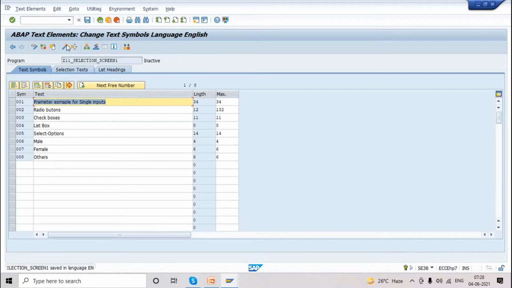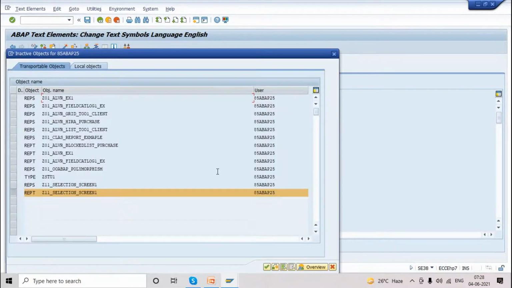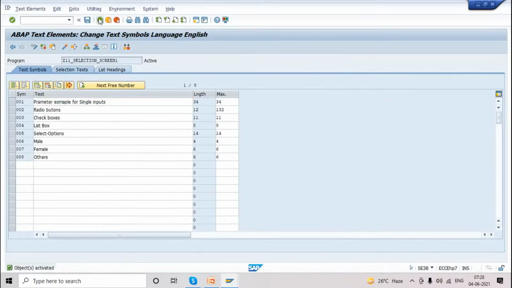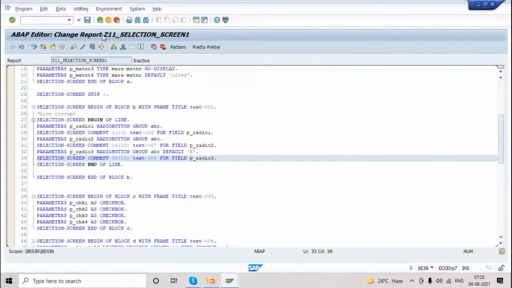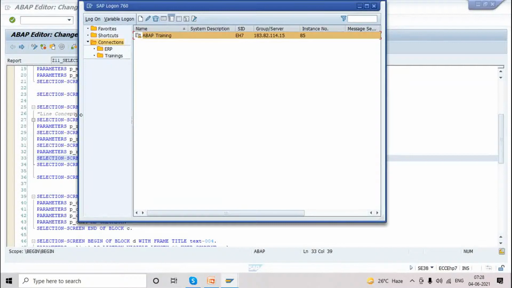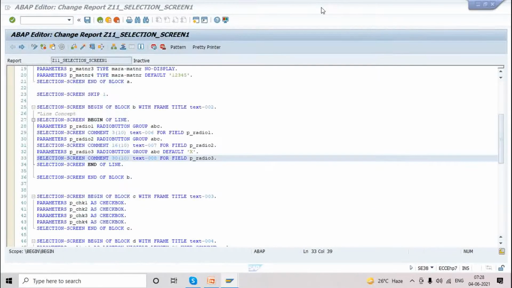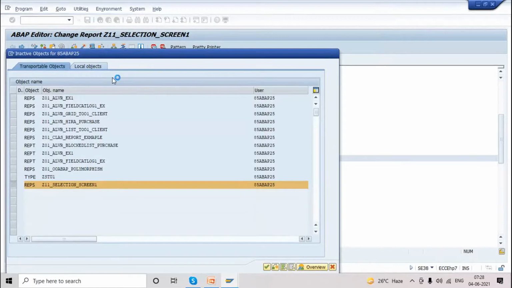At the time of translation, how do you read a different language, Chinese or Mexican languages? We have to get it from the client. We'll send them this English and they will give you that language. Now it is a radio button with a length of 12 characters, but when it comes to Spanish, it might be 14 or 15 characters. So our max length of 15 will not work. So we have to put 132 always. I'm just activating the 008 we added.